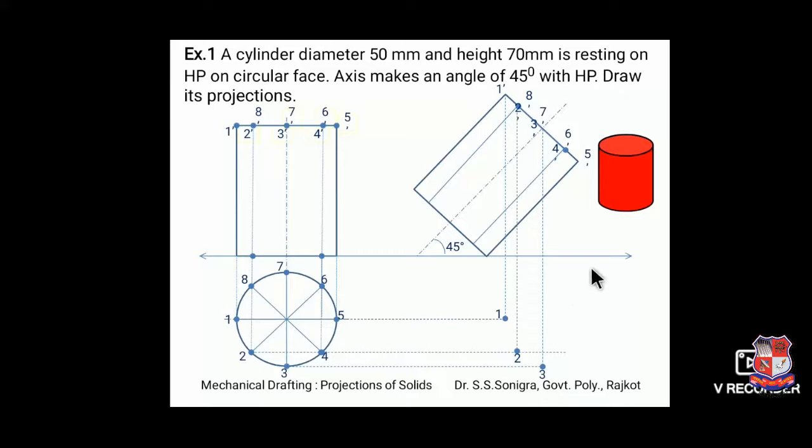Then projection line from point 4, projection line from point 4 dash, this is 4. Then this here will be point number 5. Then here will be point number 6. Here will be point number 7 and point number 8. You know how to draw these, how to locate these points. Join all these points with a smooth curve. It's an elliptical shape. If we are looking from top, this shape is visible, so that we have drawn over